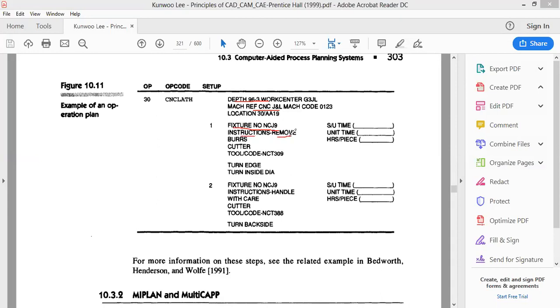So he has to remove the burrs first, use the cutter operations, and then go for this particular tool code. For every tool there is a code, so he has to use this particular code. For each of these operations, for fixing the workpiece into the fixture, what should be the time in which he has to do it, similarly the time required to remove it, and the time required to complete the piece. So for every step, the time limit will also be specified.